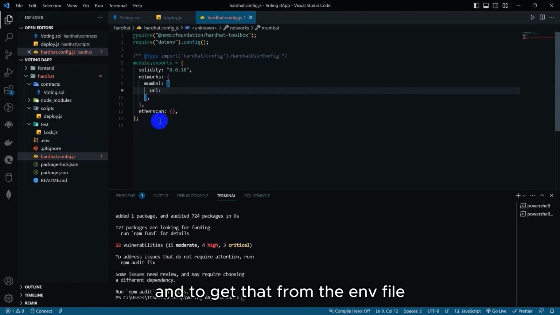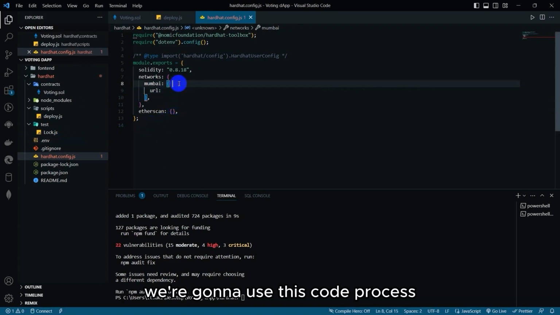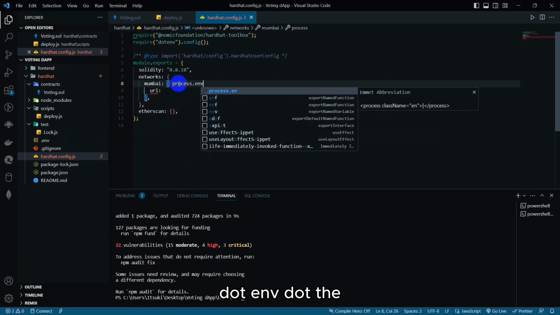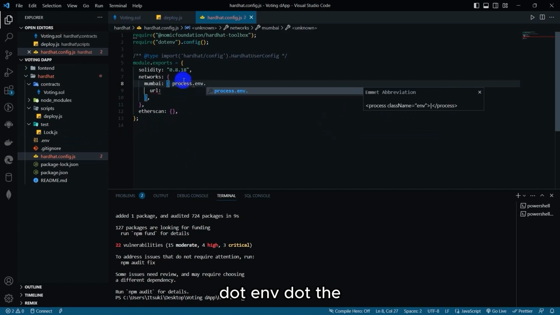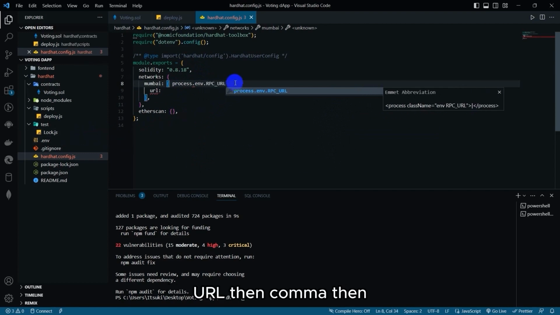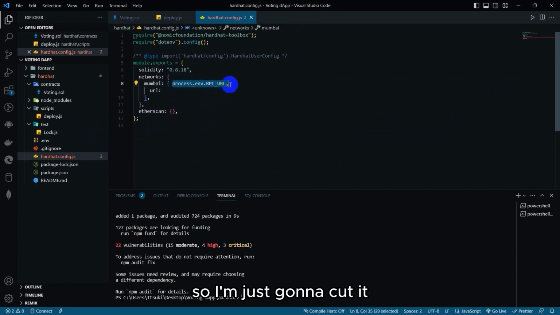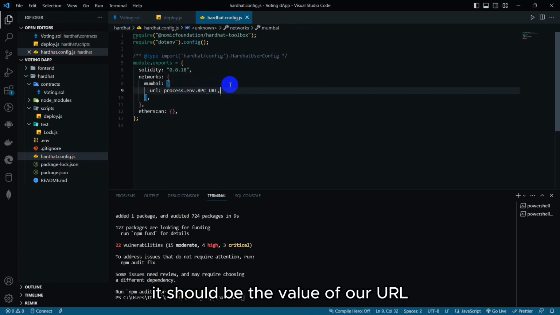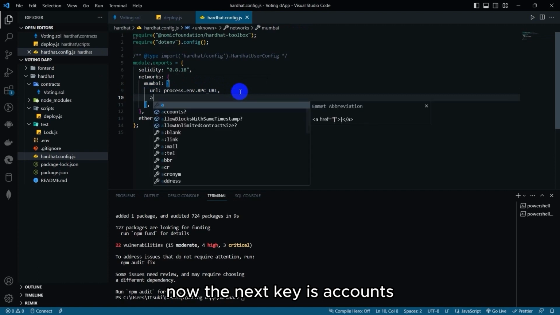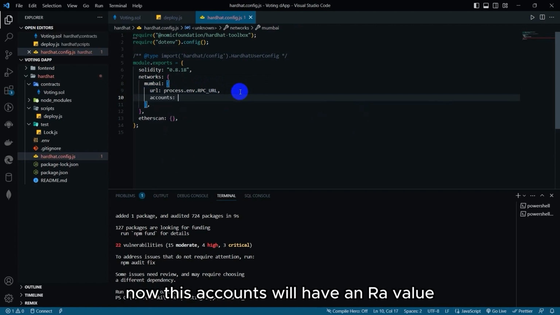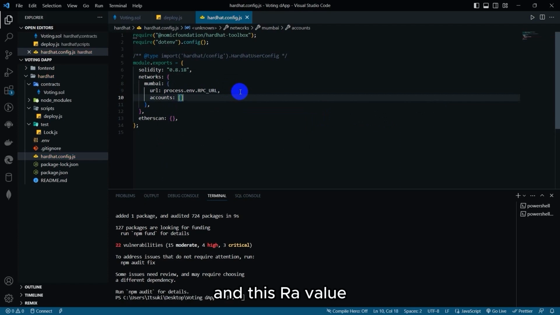file. And to get that from the env file, we're going to use this code, process.env dot the variable from our .env. If you can remember, it's RPC URL, then comma. Then, oh, I placed it in a different line, so I'm just going to cut it. It should be the value of our URL. Now, the next key is accounts. Now, this accounts will have an array value, and this array value is coming from the